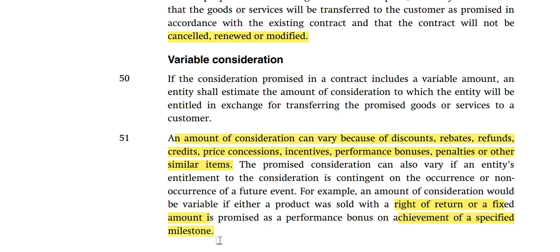Now let us make an example. What do we mean by variable consideration in a way that everyone might best understand it? A variable consideration will be instances where, when the product is sold, the customer is given an opportunity to return the product. So that creates a variable consideration. And also if the revenue is based on the client achieving certain milestones. So on achievement of that milestone, the revenue of the entity changes. So that also creates variable consideration.